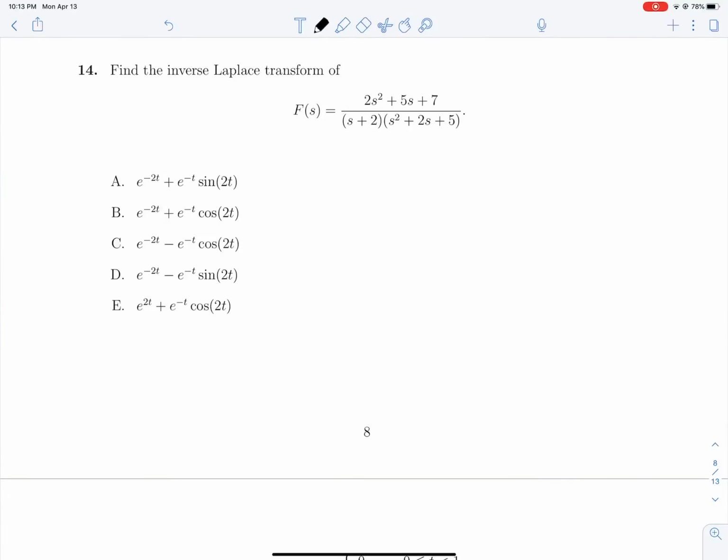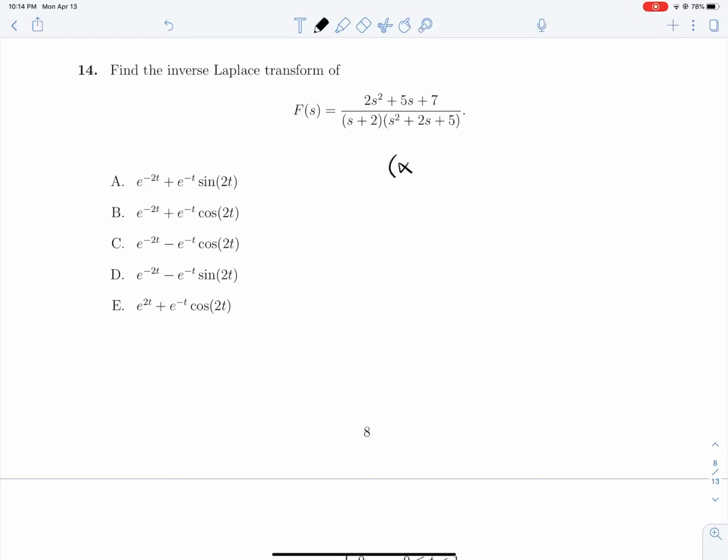Let's find the inverse Laplace transform of this big, scary looking thing. And right off the bat, we should be slightly concerned, first off, seeing this trinomial. In general, we really would like to simplify things down to linear factors. So just having an s by itself is much easier to deal with than having an s squared plus 2s plus 5, until you realize that s squared plus 2s plus 5 is actually pretty special, because we can factor that to,